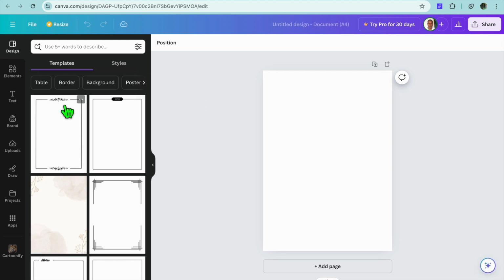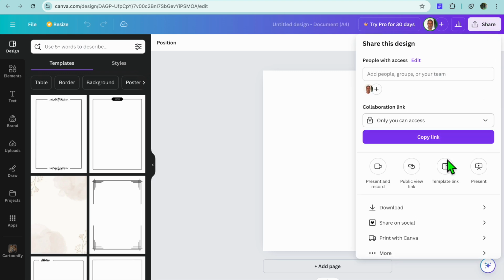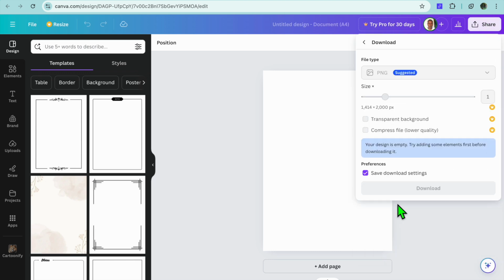On this new page, you can choose to use one of the templates from the left-hand menu option, or you can simply tap on uploads and you can continue with your design as you can see here. Once you're finished, you'll tap on share in the top right hand corner to save the changes by tapping on